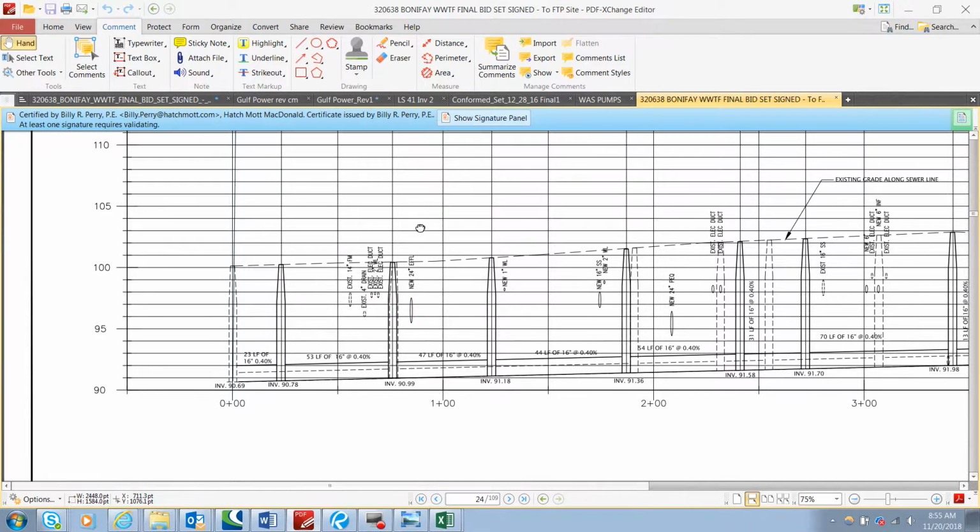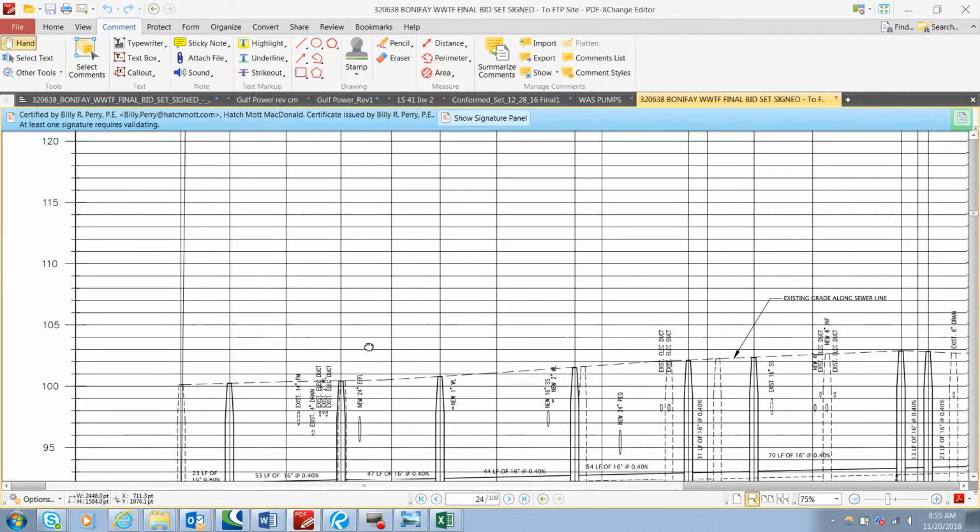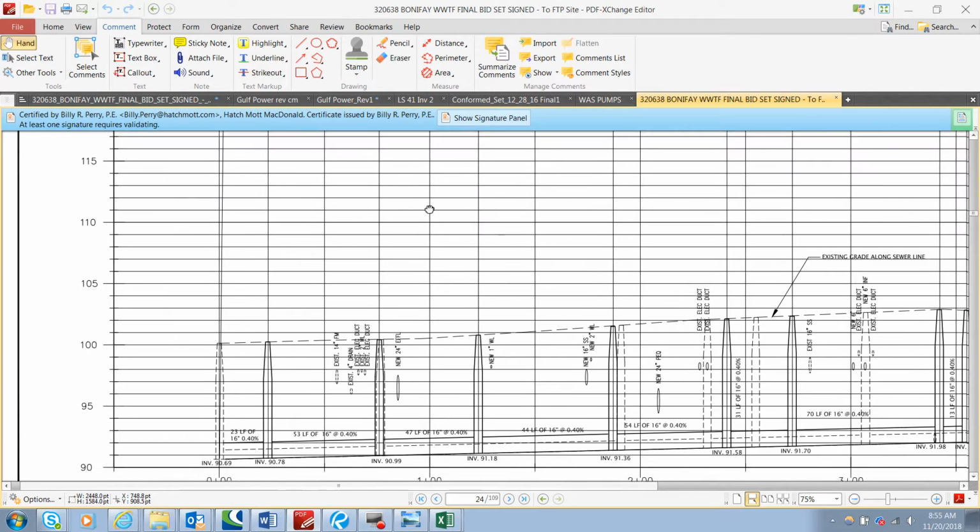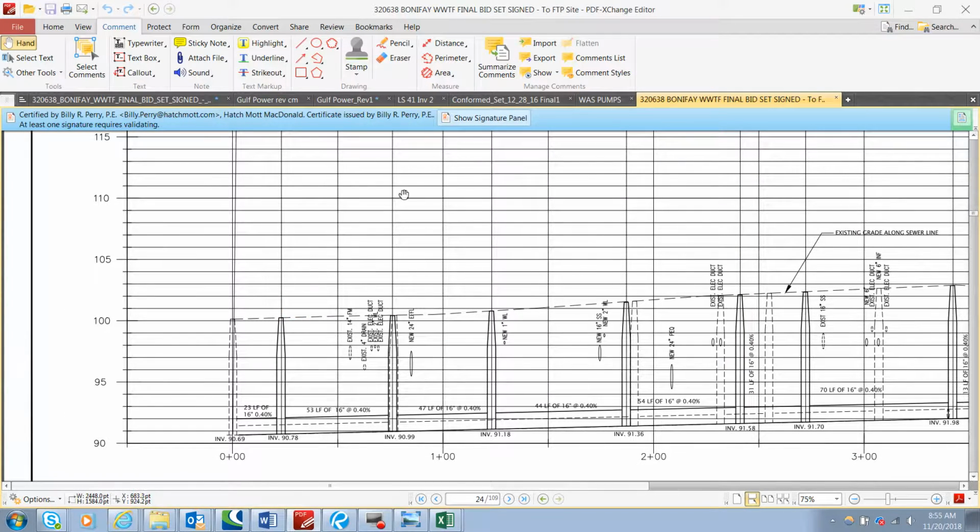Okay, continuing our conversation about stationing and profiles, there's a couple of things that we want to discuss. First of all, it's good practice to begin your stationing at station 0 plus 00. Don't jam it up on the y-axis. In other words, there should be some type of space. It doesn't have to be this much, but some type of space between